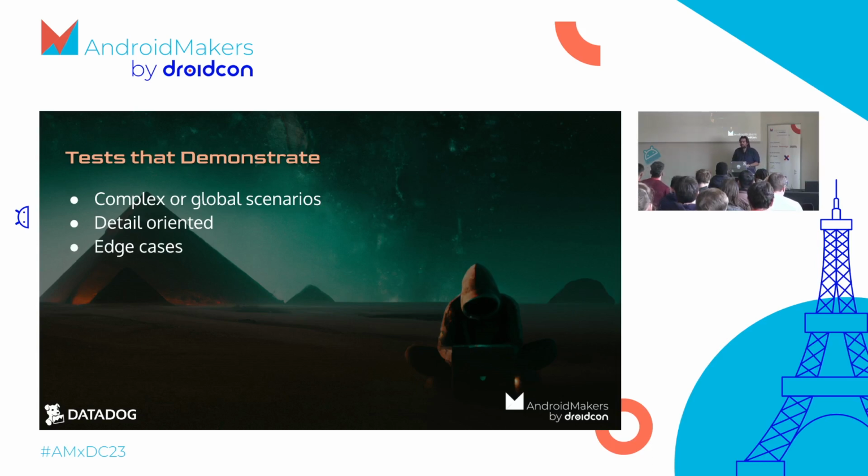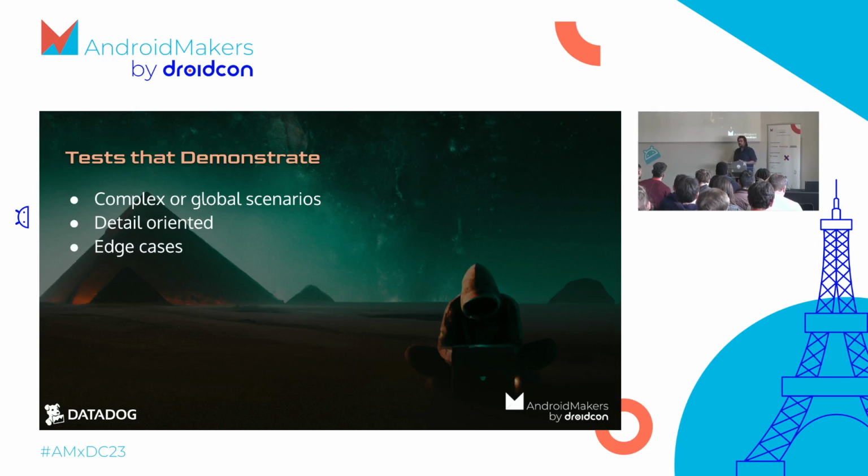One of the rules of thumb that you have is whenever you have a bug that you find in your project, whether it's a bug that's reported by your customer through the Play Store, through a support ticket, or just through QA, and you say, oh, it's weird. When I'm putting my phone in landscape mode, then I navigate, and then I come back, the screen is blank. Well, this is a very specific scenario. Whenever you find a bug, you need to write a test that illustrates the bug before you fix it. Because you need to remember that, oh, this is a scenario that exists, that someone did at some point, and